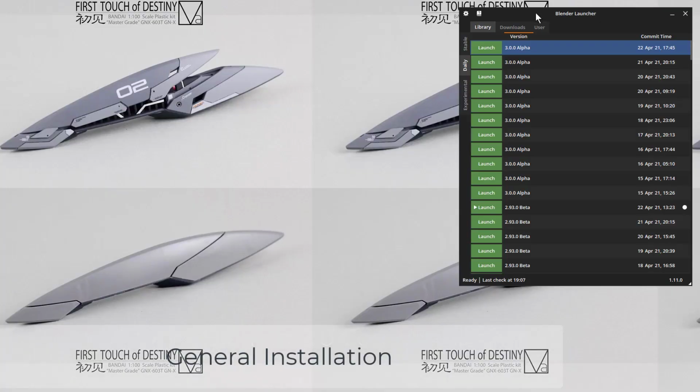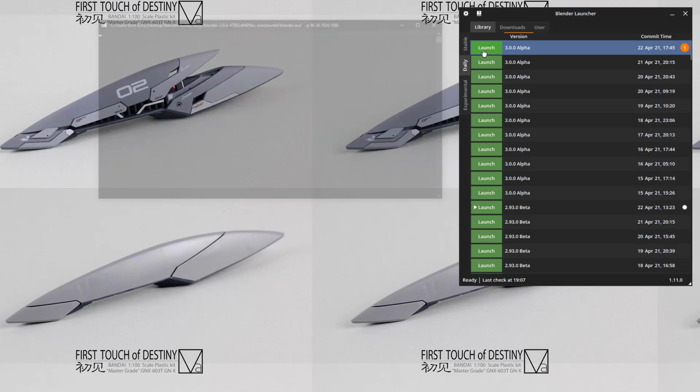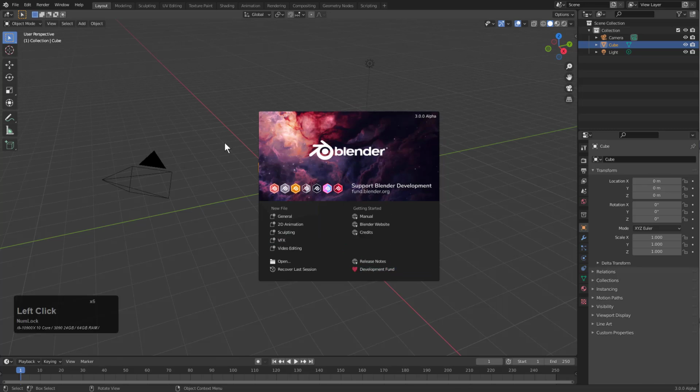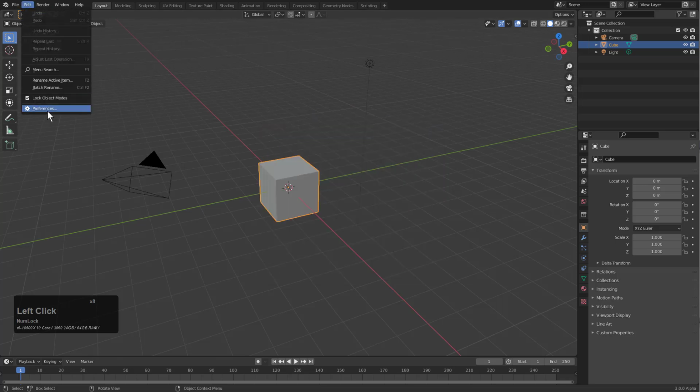With the new update of Blender 3.0, there's occasion enough for us to perform an update. 3.0 of course is a development build, so it'll be a little bit less than stable at this time, but if we load it open, we see that it loads open as if we've never opened Blender before. So we'll choose left click, search, save new settings, and from here we'll click on preferences,